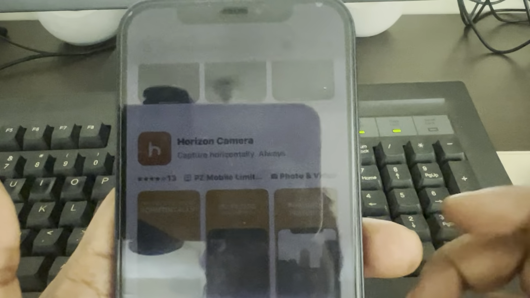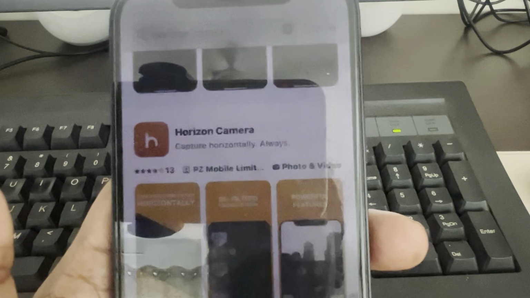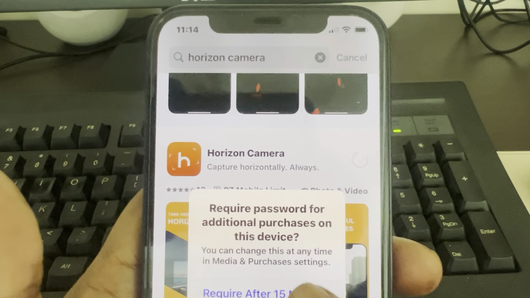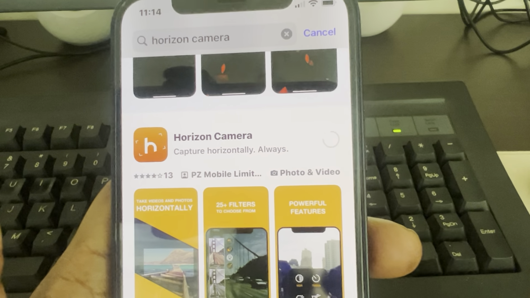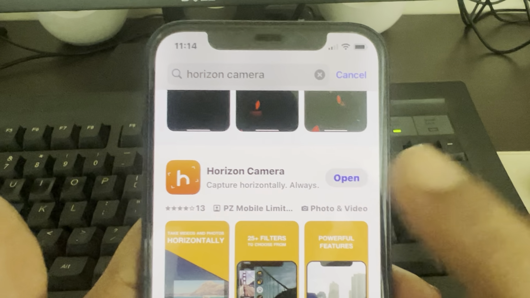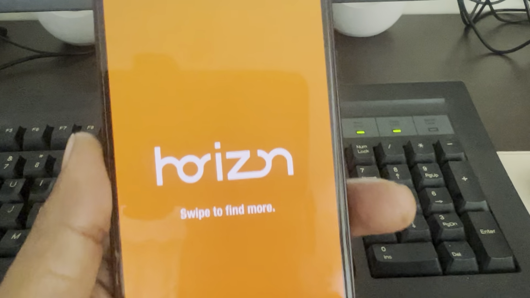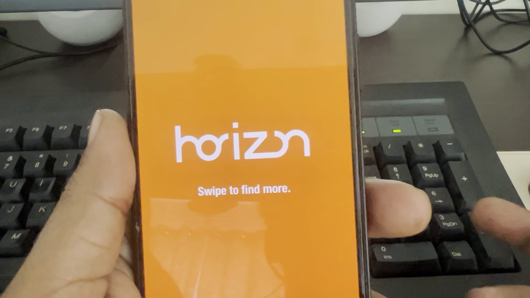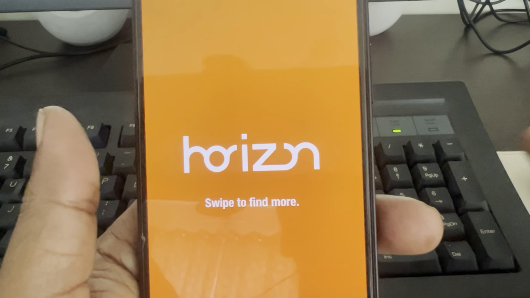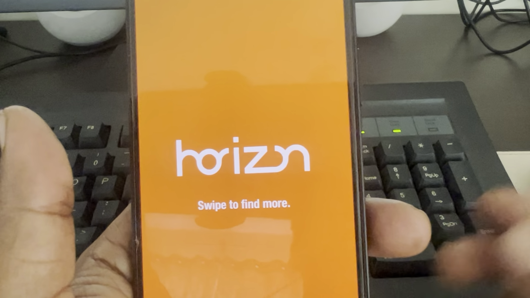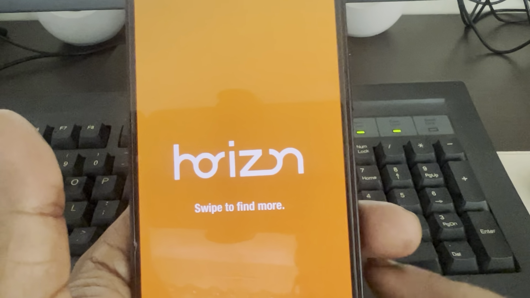Now once this app gets installed on your iPhone, use this app for taking photos, using the camera, and it will be a workaround. In the meantime you can also contact Apple Care or service centers to check whether there is any hardware